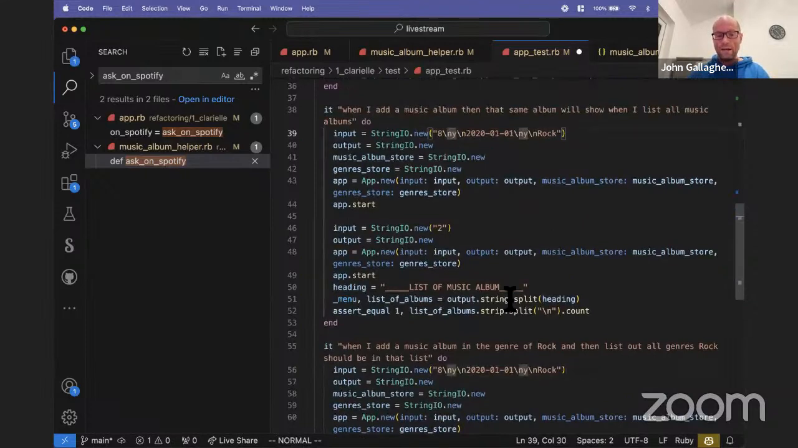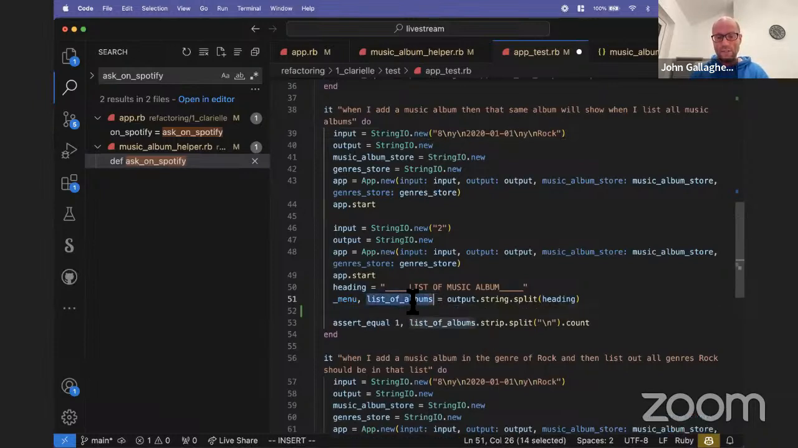This means our tests are not actually specific enough, because they're not reading back the album name. So if I now add another assertion here, this is a list of albums that we're reading back out. So assert equal,